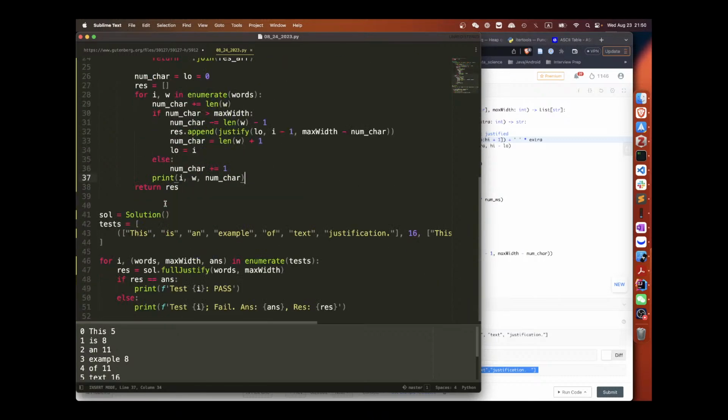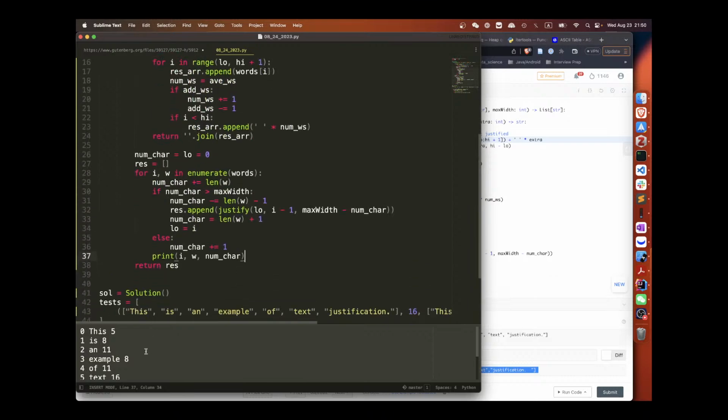We have 11. The target is 16. And then the next one gets too much, right? So we handle this, and there's 8. That is correct. And the extra, so this num char I add, right? I add this, and I minus the last one. Oh, should be plus 1.